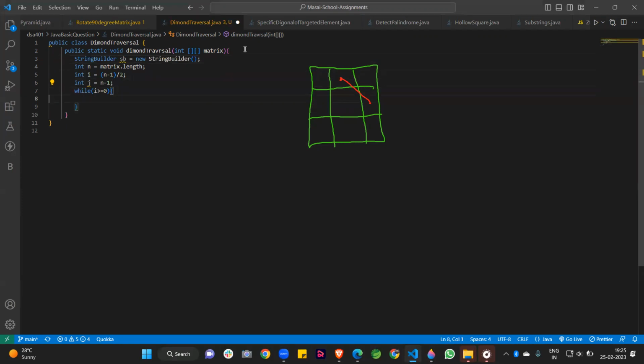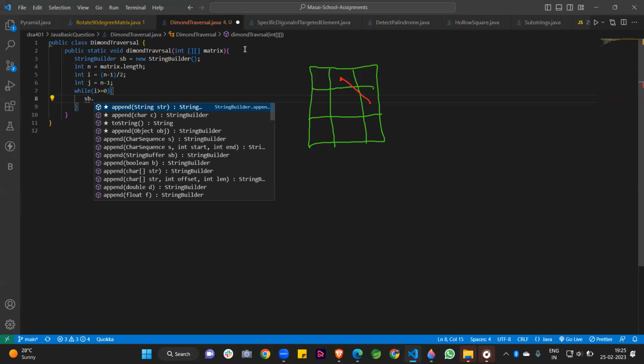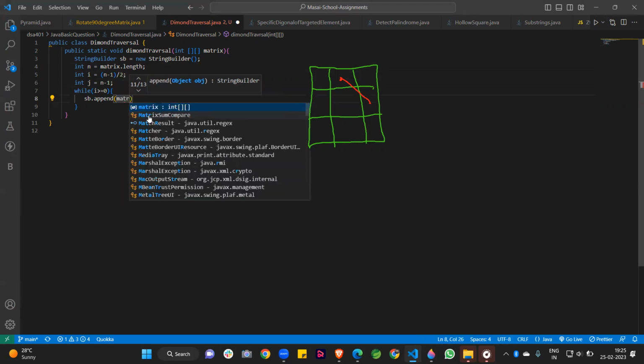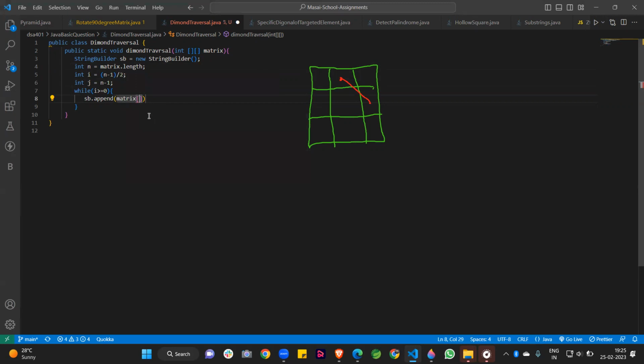After that, I am writing sb.append, because StringBuilder has an append method. With the append method, we can append values to the StringBuilder. This is a type of bag, as in JavaScript, you can say. So after that, we write matrix of i and j, and we are creating some space.